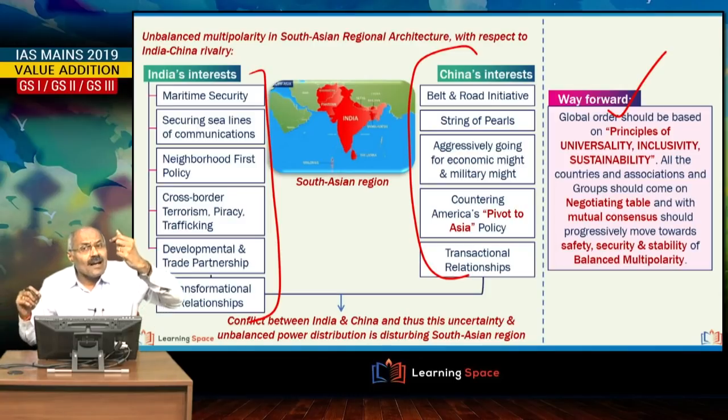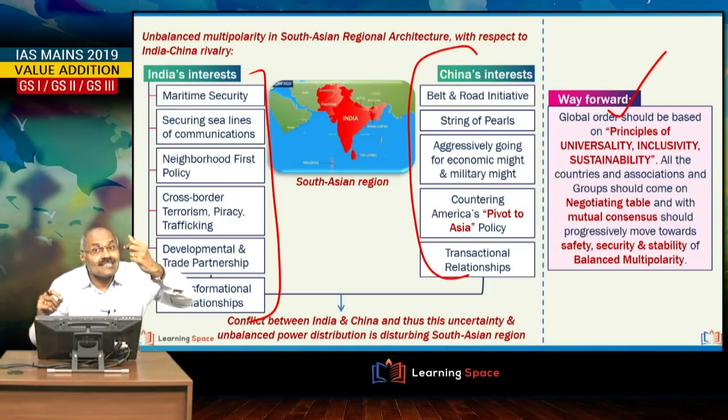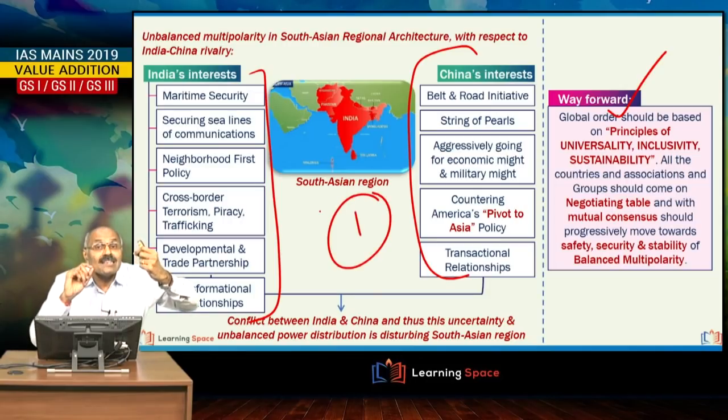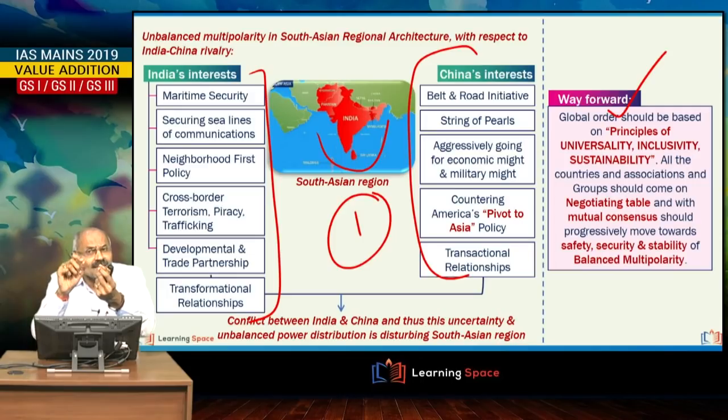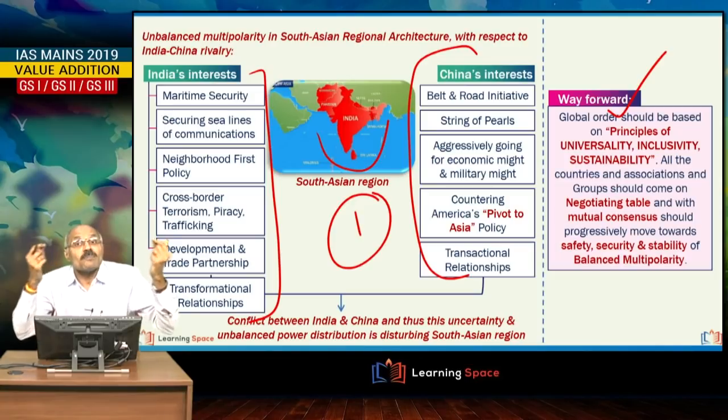Right friends, I would like to tell you a few more questions in this perspective. A question may be asked with regard to what the recent outreach programs in the Indian Ocean region are. In the Indian Ocean region, what are India's recent outreach programs? India is reaching out to Maldives. India is reaching out to Sri Lanka. Friends, I am asking another question. The brief explanation which I gave with regard to this question is over. I am just putting forth other questions for your conceptual understanding.